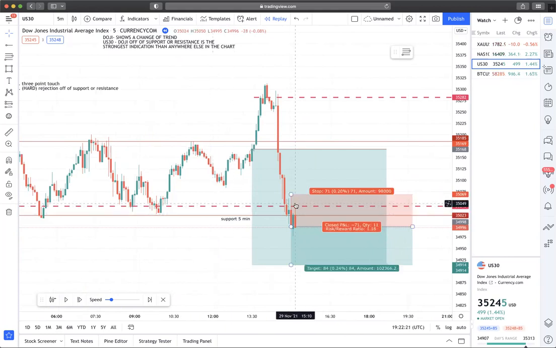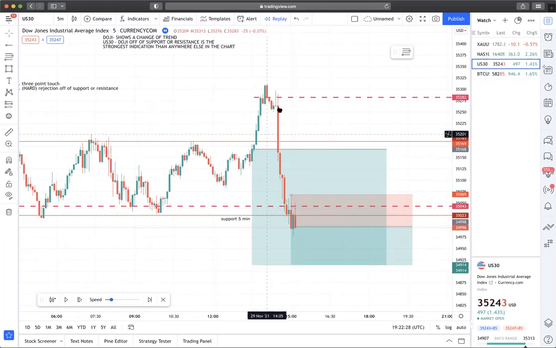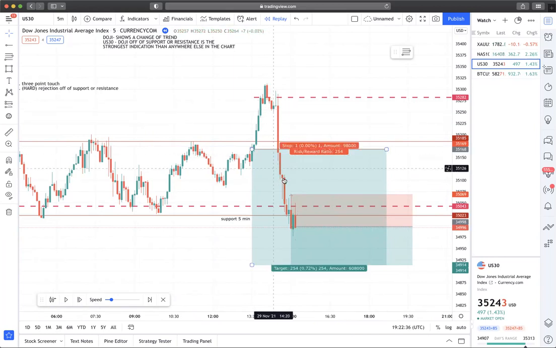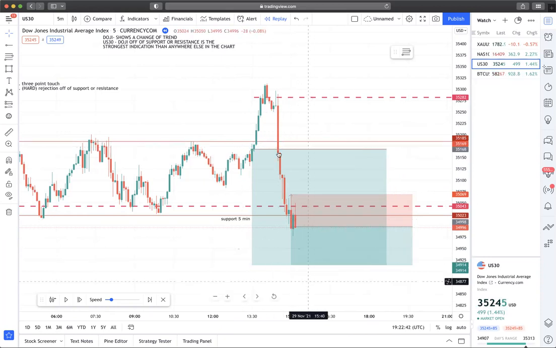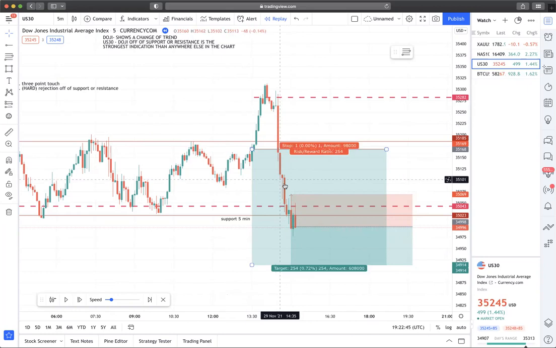Another rejection off of this level of resistance that was previously a level of support. This happened from the 9:30 session. This is what I mean by you only need this 9:30 a.m. Eastern time, and it created these big moves. These are 5 minutes, 5, 10, 15, 20, 25, 30, 35, 40, 45 minutes, and you have all that movement. Even just with the 5, 10, 15, within 20 minutes, you could have your profit for the day,